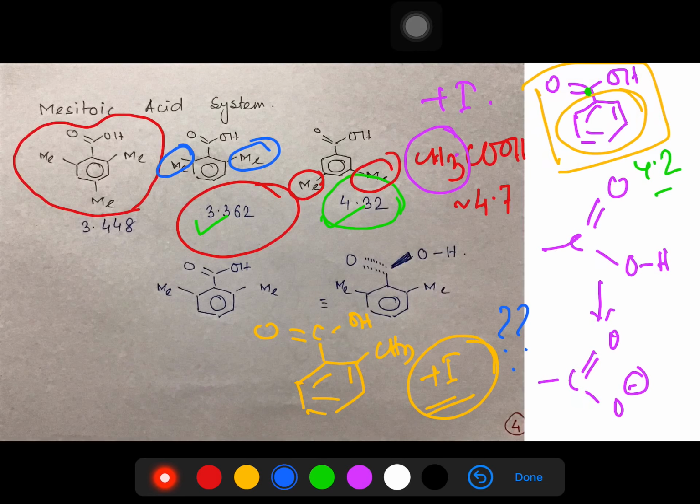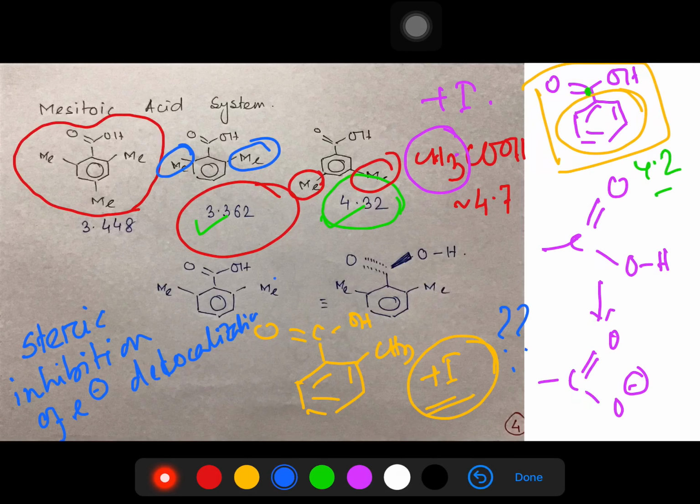In this case what is happening is steric inhibition of delocalization. Remember this term, steric inhibition of electron delocalization. What do I mean? See, these 2-methyl groups are bulky enough that, okay, by the way, first, how is this benzoic acid more electron deficient than this acetic acid? Because this benzene ring has a conjugation, means this carbonyl and this oxygen all are in the plane of this benzene nucleus, so that's why conjugation is possible.